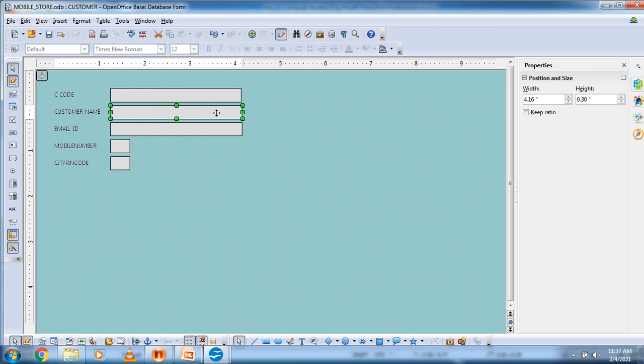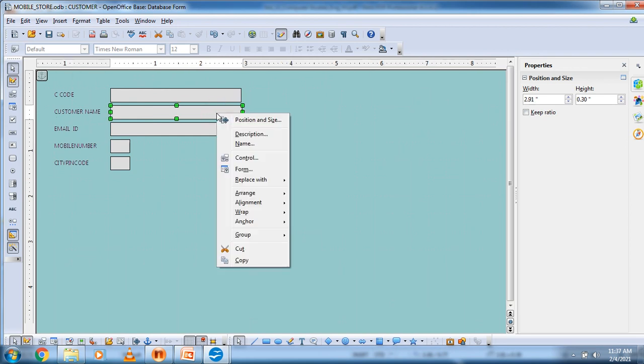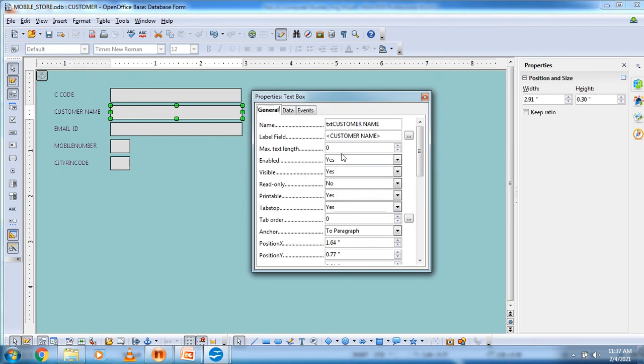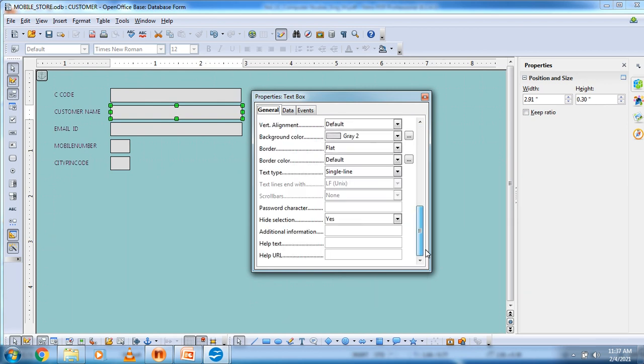Same way here, select it, right click, control, and in help text write enter customer name.